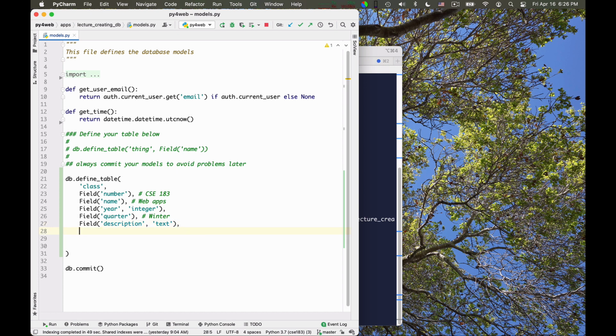And if we do something like this, we immediately notice a problem. That the CSE 183 that is taught this year has the same description as the one that is taught the past year and the one that will be taught the next year. That is, there is a lot of redundant information. We are mixing in a single table information that is peculiar to the individual offering of the class in a particular quarter, such as quarter and year, and information about the class that is true for many offerings, such as name, number, and description.